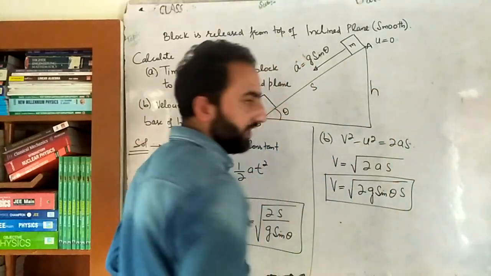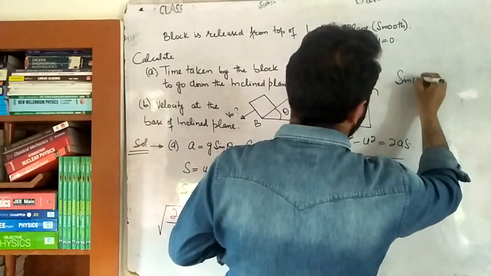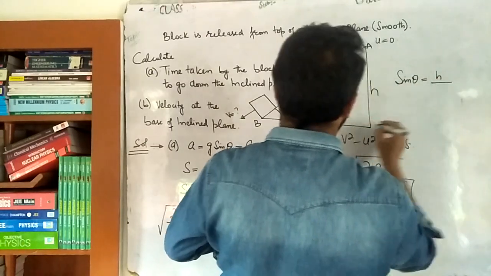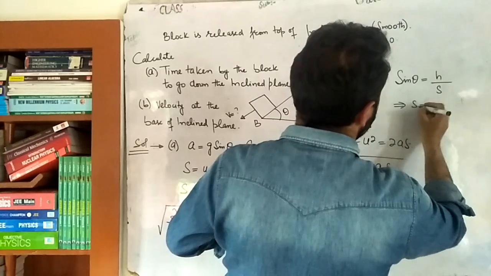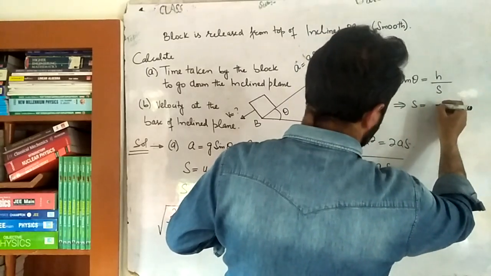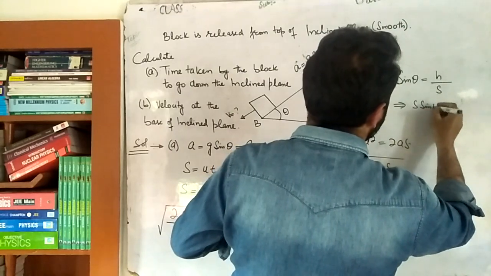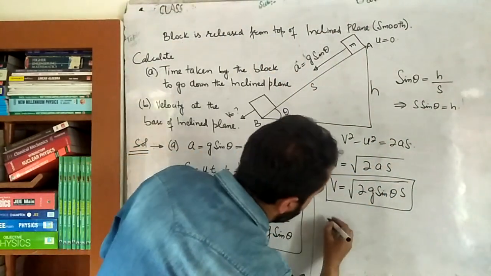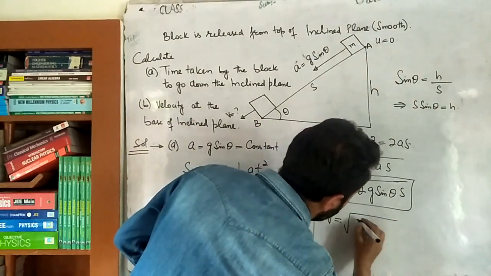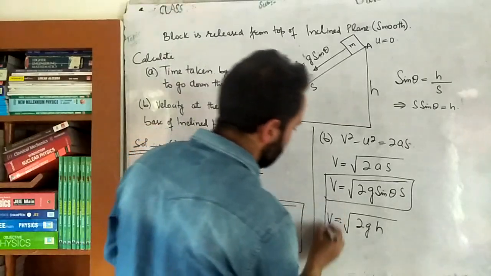we can calculate here sin theta, and the sin theta is perpendicular, which is h, divided by hypotenuse, that is s. So this in turn implies that s is equal to h divided by sin theta, or s sin theta, sorry. We can write like this as well, s into sin theta is equal to h. Okay, so we can write down one more equation, v is equal to under root of 2g s sin theta, we'll replace it by height h. So this is one more equation.